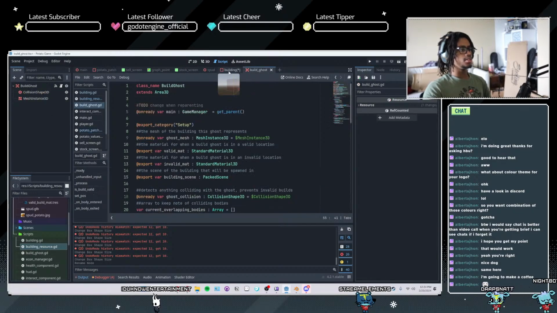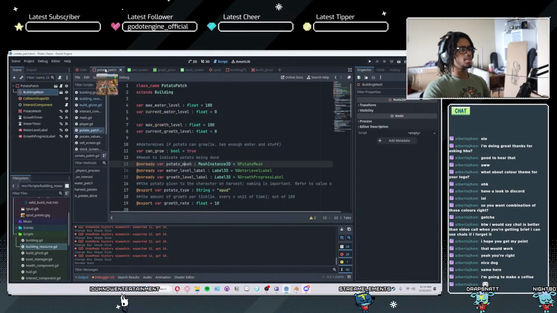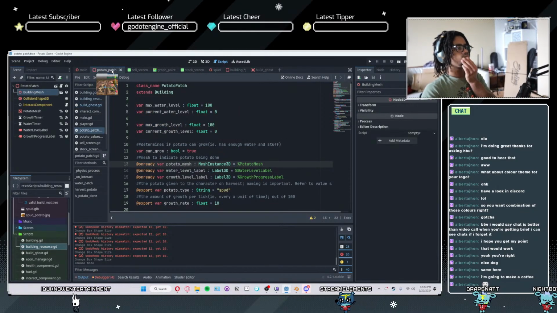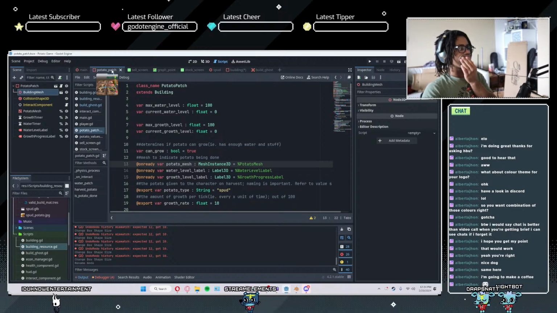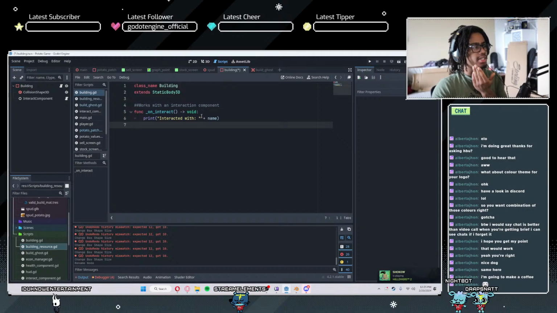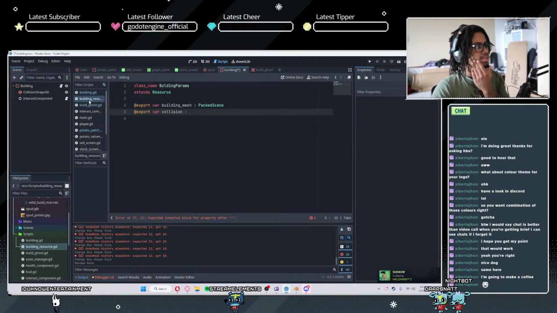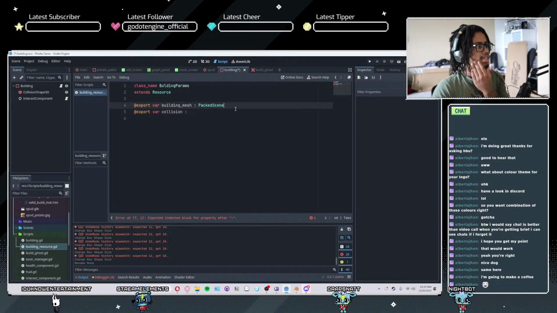Okay, so it can't be a collision shape 3D, but I guess what it could do is, on the building resource, let's close the other tabs. We can just be like, hey,